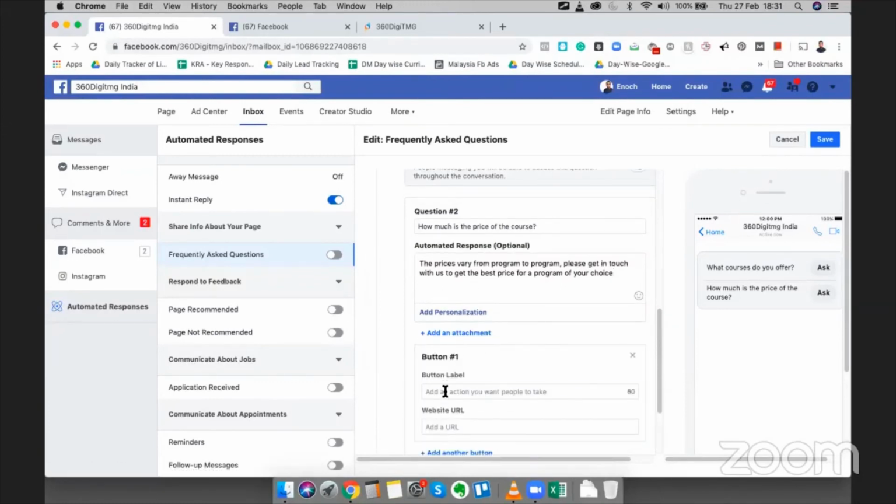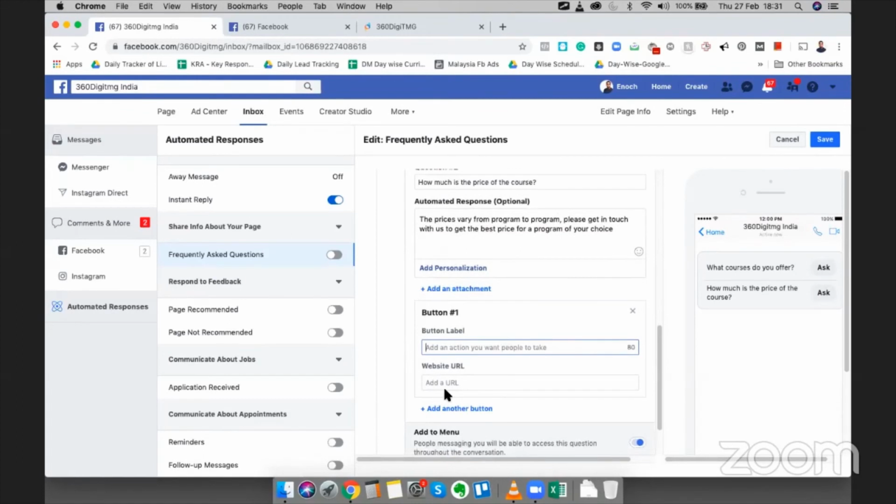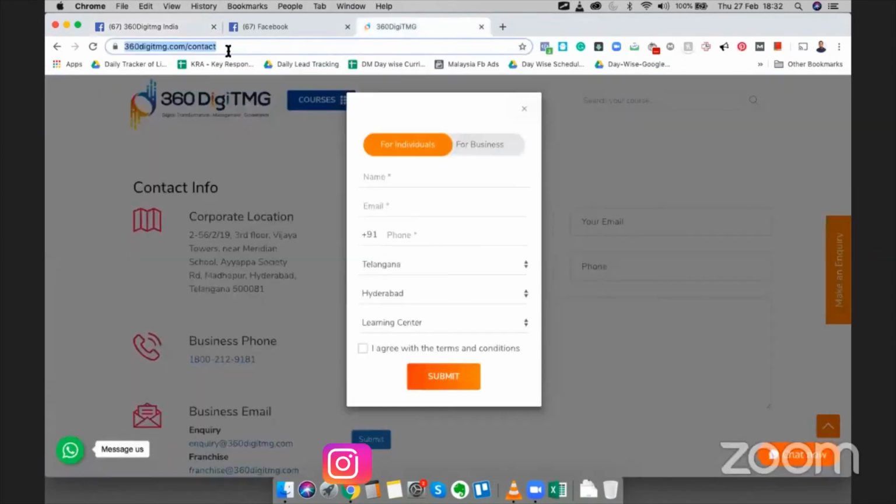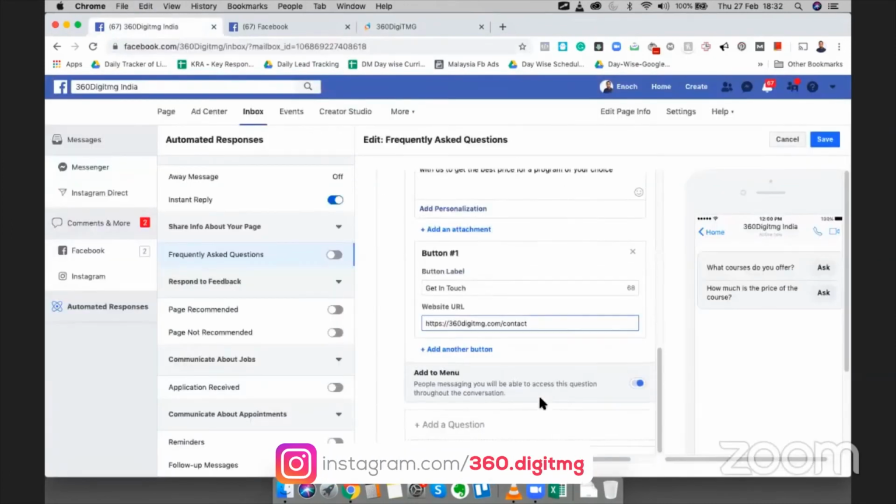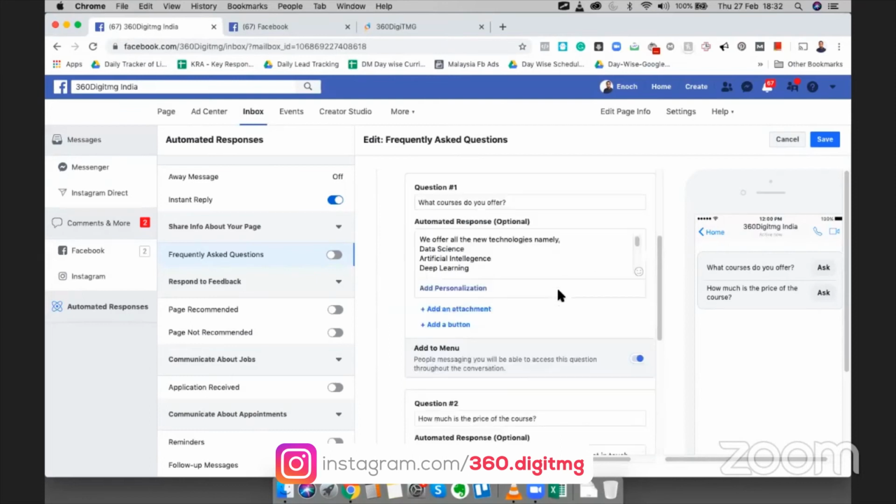Add a button. I can say get in touch, since I've used that word there, and I can put in this contact. And I think so far this is good enough.